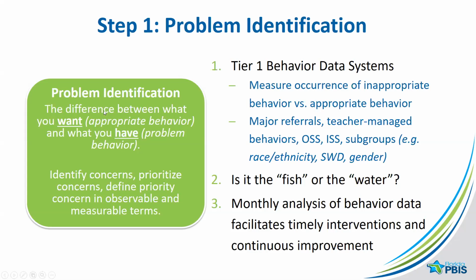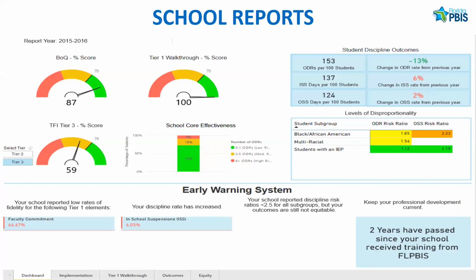So for problem identification, we really want to get a sense of where we are in relation to where we want to be. As we think about the tiered logic, typically what we're asking folks to consider is the health of their Tier 1. And by health, what we're referring to is the percentage of students that are meeting the expectations or meeting our values for how much we want them to engage in their instruction and their schooling.